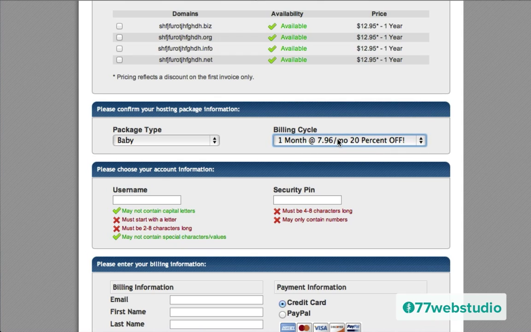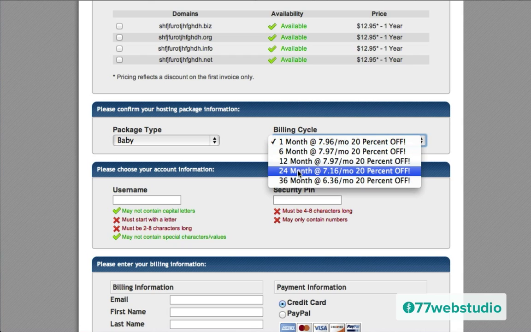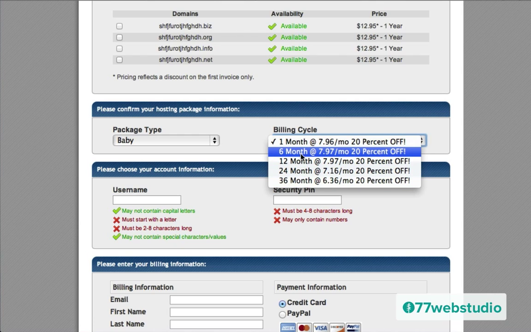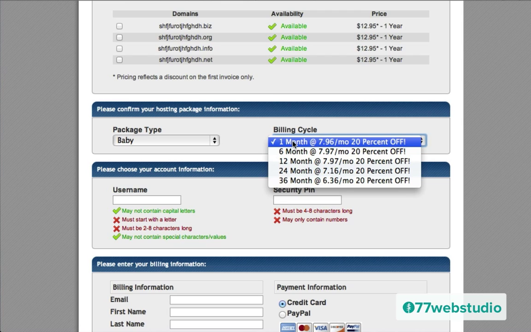Now, I do have a coupon to get more off the order if you're signing up for 1 month. If you're signing up for 6 months, 12 months, 24 months, or 36 months, I have a different coupon to use that gives you more of a discount than what the standard discount is that HostGator is providing. So to see how that works out, I'm going to start with the first coupon code, which is WP Coupon